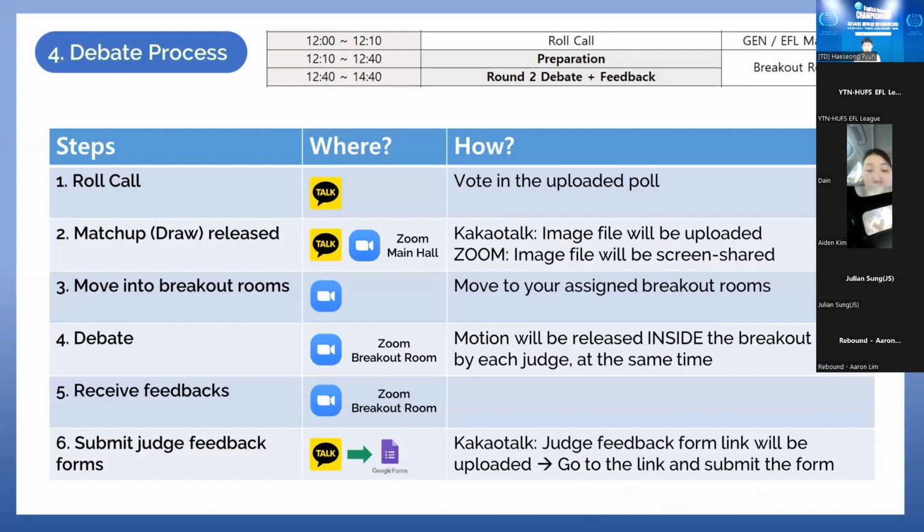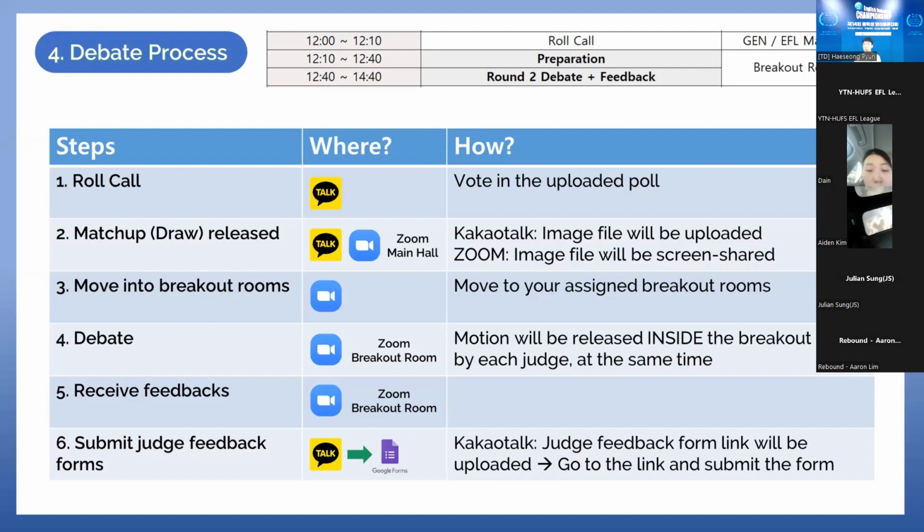So let's now go over a brief summary of how the debate is going to flow. First, you will have the KakaoTalk roll call, which is going to be uploaded in the KakaoTalk open chat. Once you click all present and all within Zoom, and every team within each league does that, we will proceed with the matchups, where the matchups are released in the KakaoTalk image file. We will be sharing the image file on KakaoTalk, or in Zoom, you will be screen sharing the image file of the draws. When you see the draws, what you need to be doing is writing down